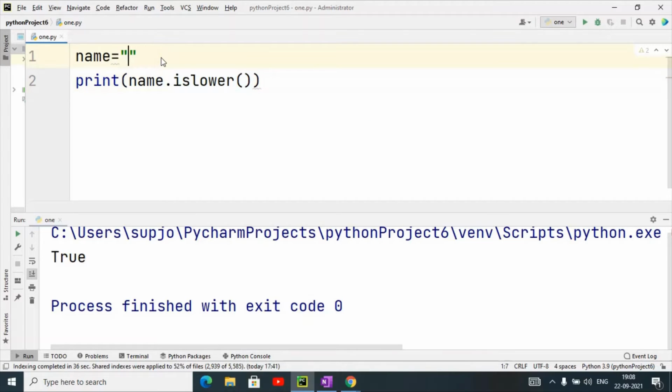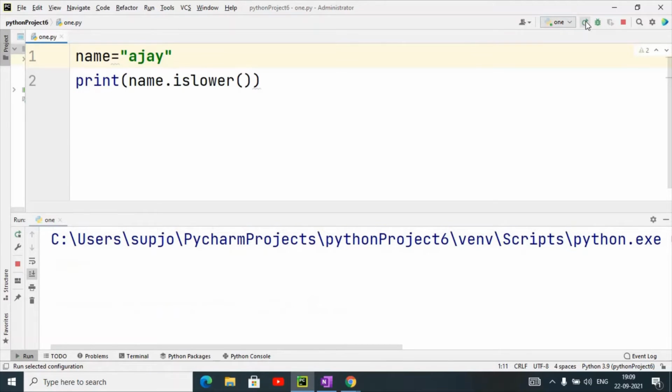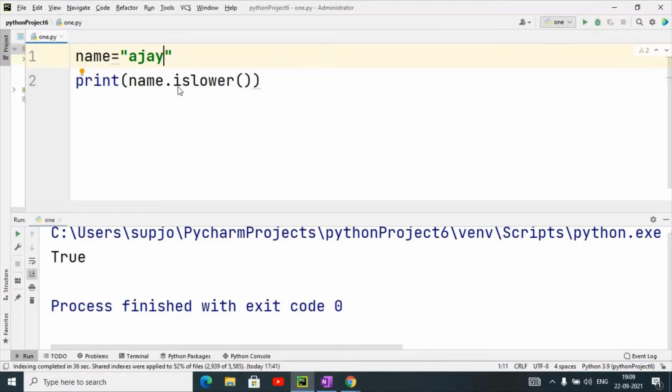Suppose I write the string in capital letters, it will check whether all the letters are small, and since they are capitals, it returns a false value. If I take small case, then it will return a true value. Similarly, I can use isupper.